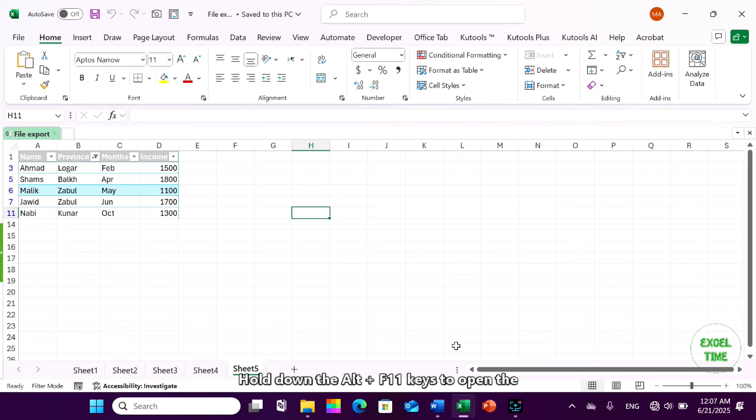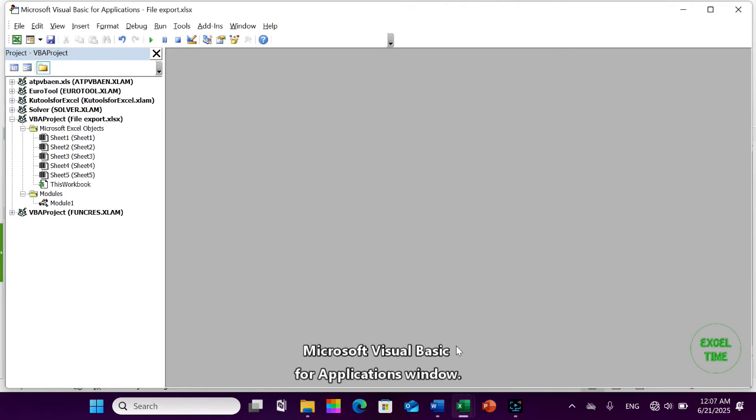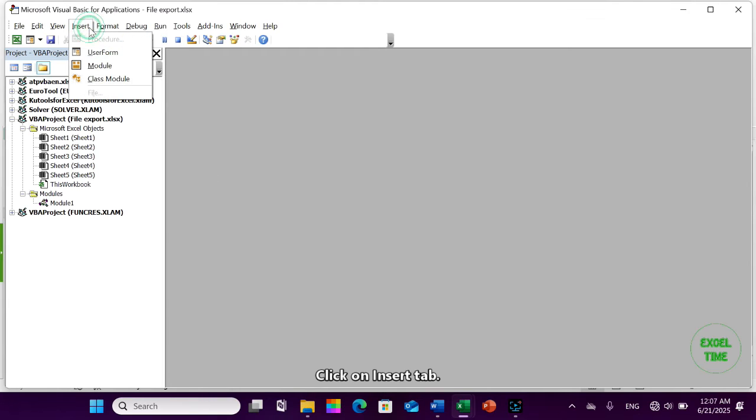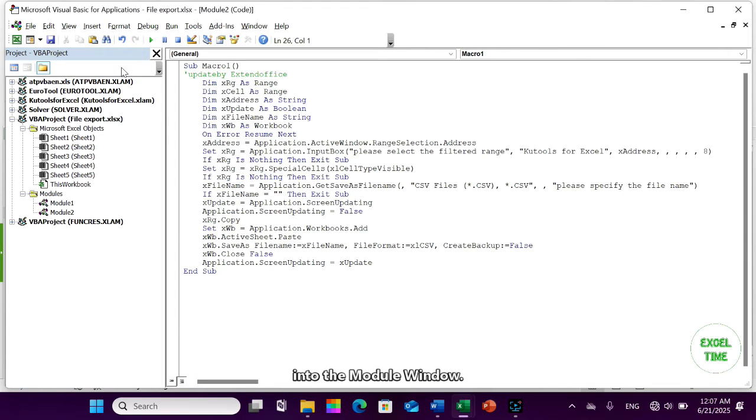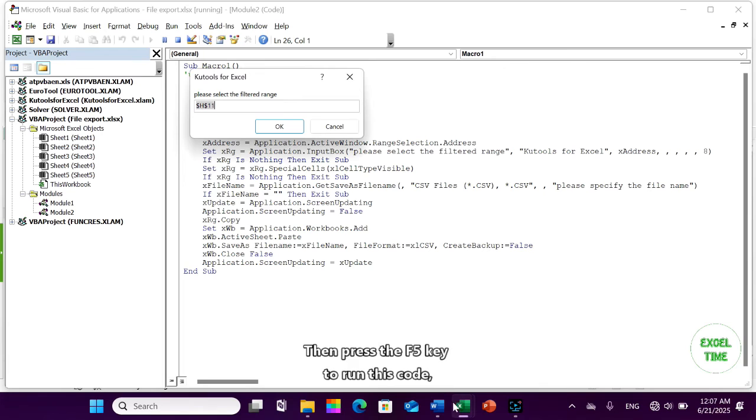Hold down the Alt F11 keys to open the Microsoft Visual Basic for Applications window. Click on Insert tab, click on Module, and paste the following VBA code into the module window. Then press the F5 key to run this code,